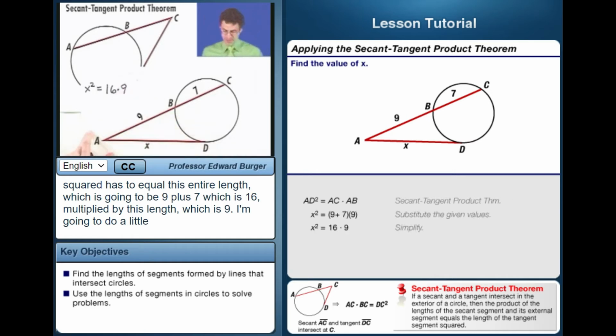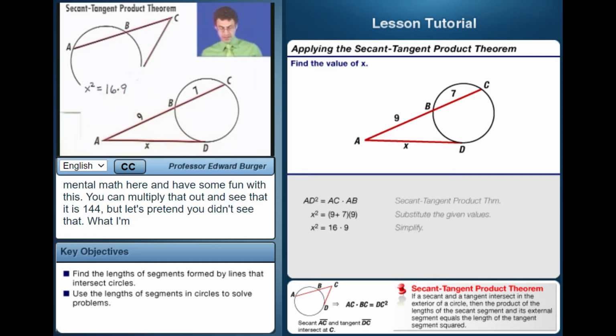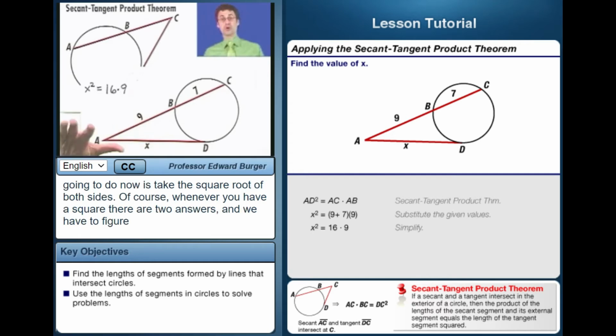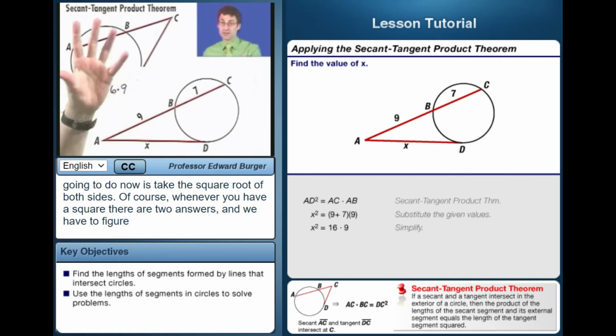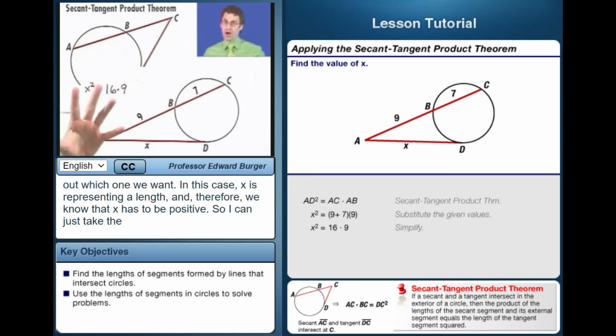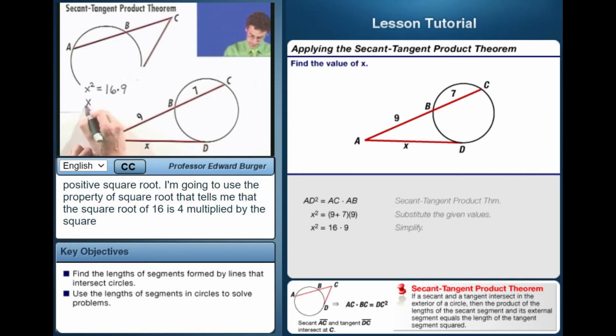Now I'm going to do a little mental math here and have some fun with this. You can actually multiply that out and see that it's 144, but let's pretend you didn't see that. What I'm going to do now is just take the square root of both sides. Now, of course, whenever you have a square, there are two answers, right? Two answers, and we have to figure out which one we want. Well, in this case, x is representing a length, and so therefore we know that x has to be positive. So I can just take the positive square root,